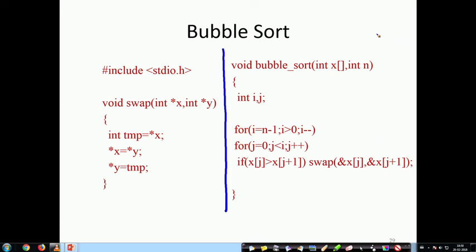This is the bubble sort function. On this side, we have a function which is swapping two variables. I want to swap x and y. So, this swap function is taking x and y. We have seen earlier